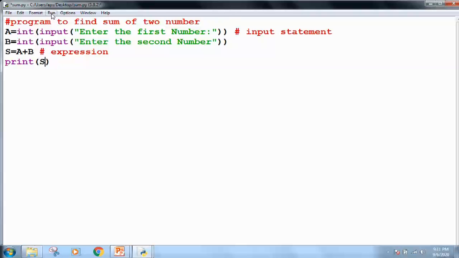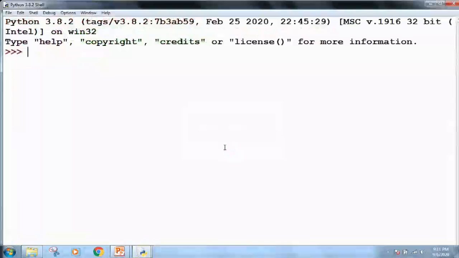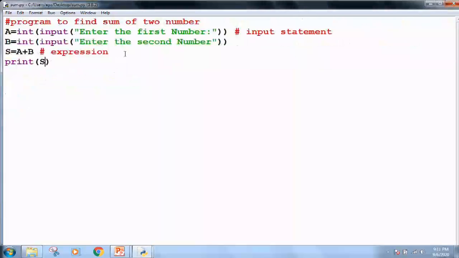In simple words, you have to use float here if you want to convert the numbers into the floating data type. If you want to convert the string entered by the user into an integer, you will use int. So this is how you can write the same program. Whenever you make changes in the program, save them and execute it again. Now the user can enter floating values in a and b also.